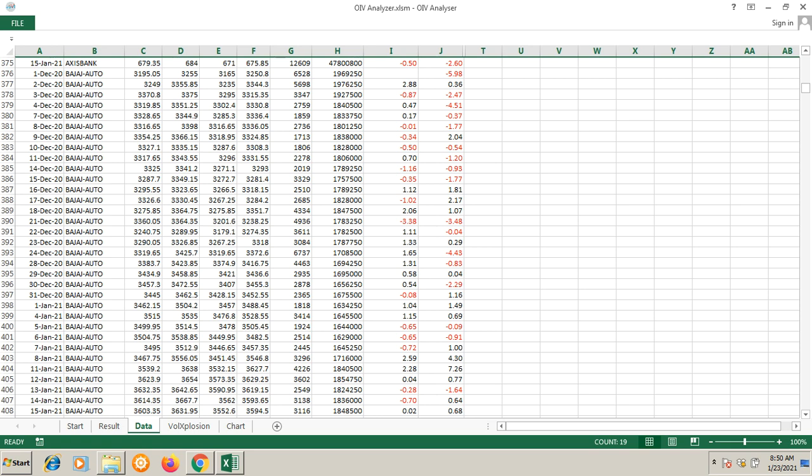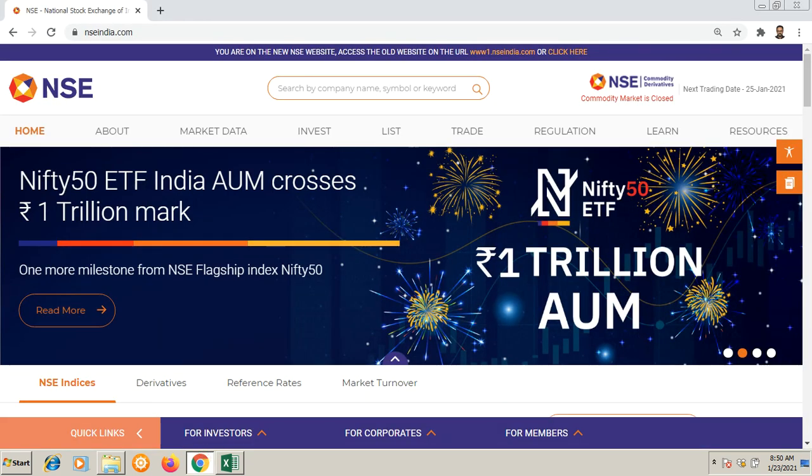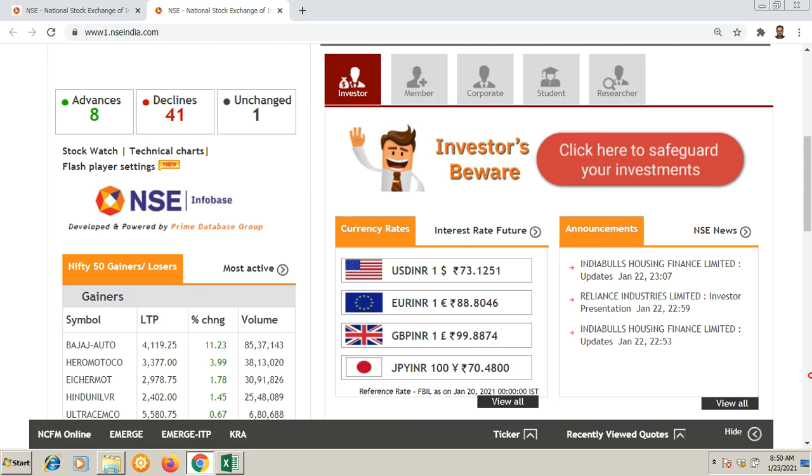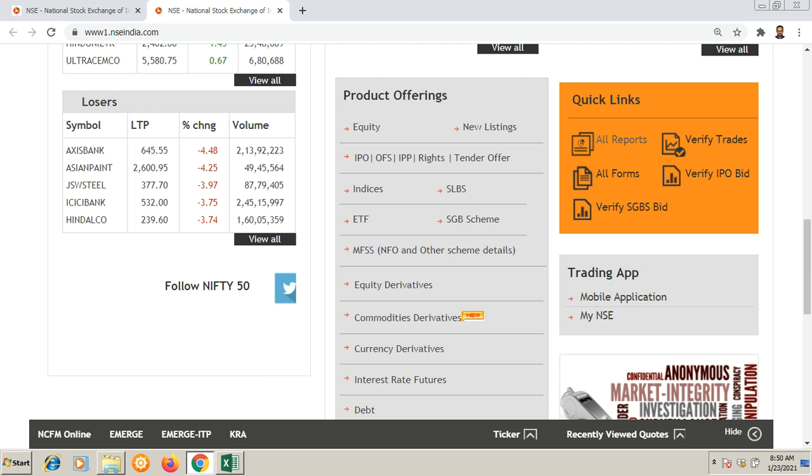Now in order to update this data, you need to go to the NSE site, right? Till today the data is updated. So if you want to go to the historical data, the easiest way is to go to the old website and go to the derivatives data section, it's somewhere around here on the first page, all reports.